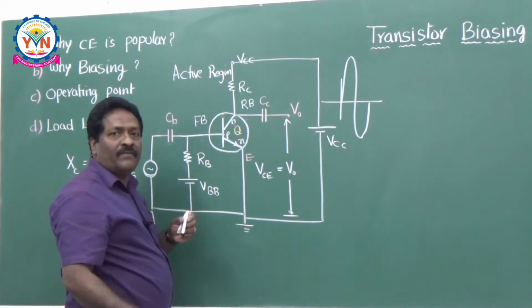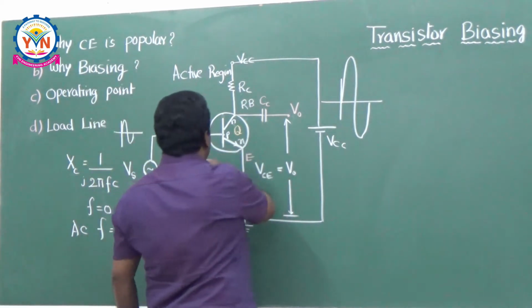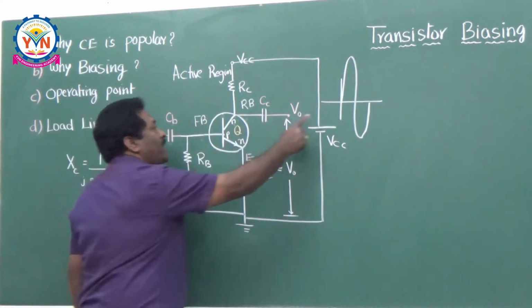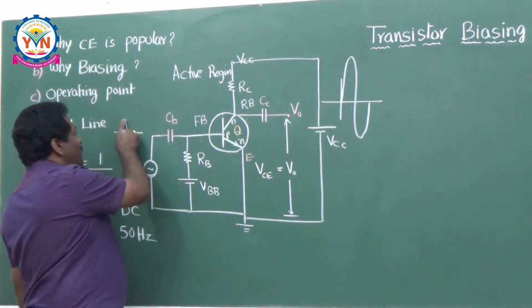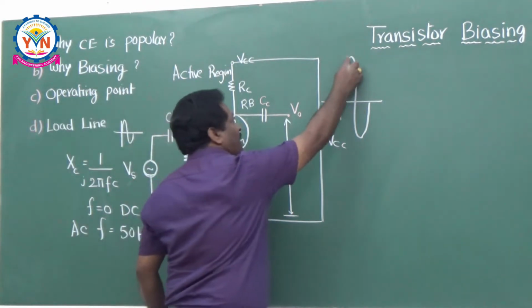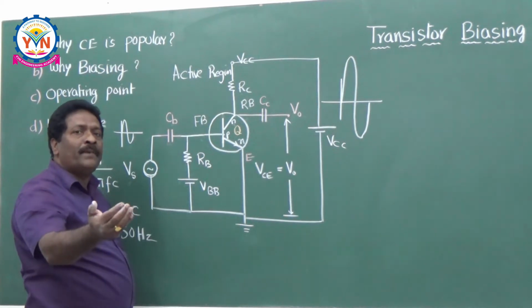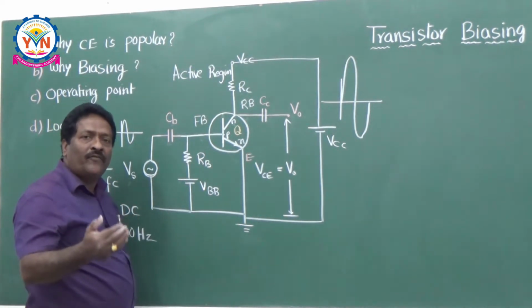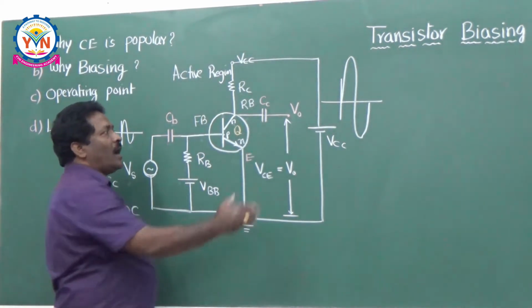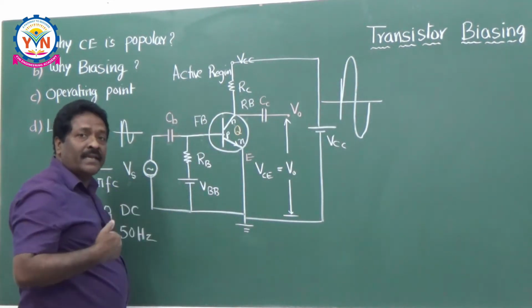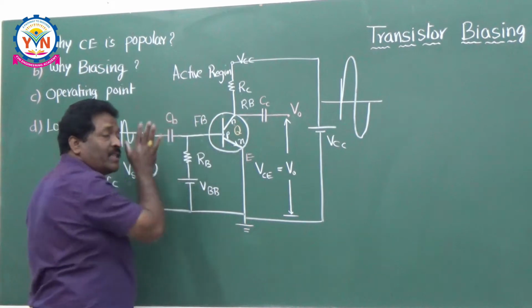That is called amplification. Whenever it is doing this amplification, the shape of the signal must be the same. Here the input is a sine wave, so the output should also be a sine wave. Then only I can say that it is faithful amplification. What do you mean by faithful amplification? If the output is exactly a replica of the input, then I can say faithful amplification is achieved by this